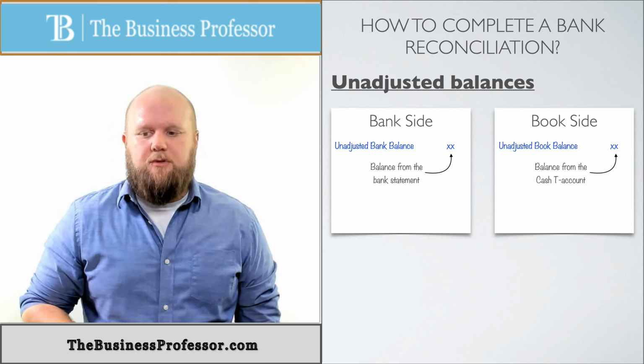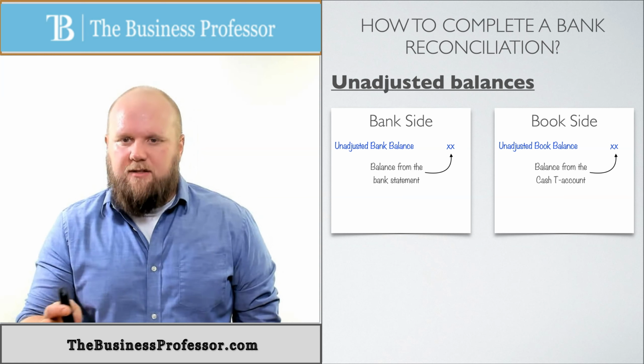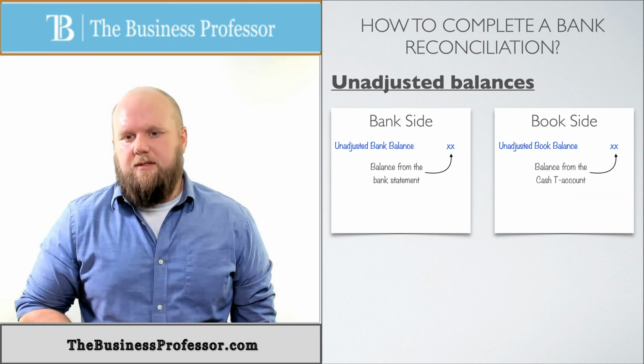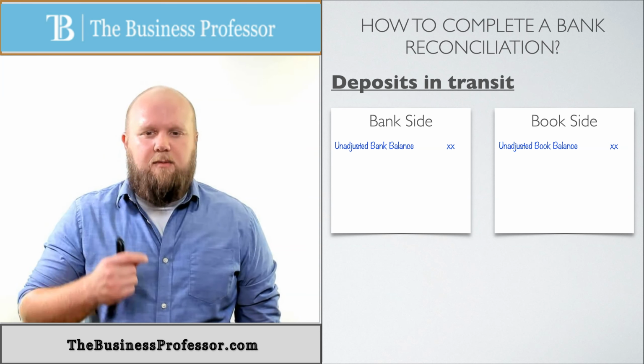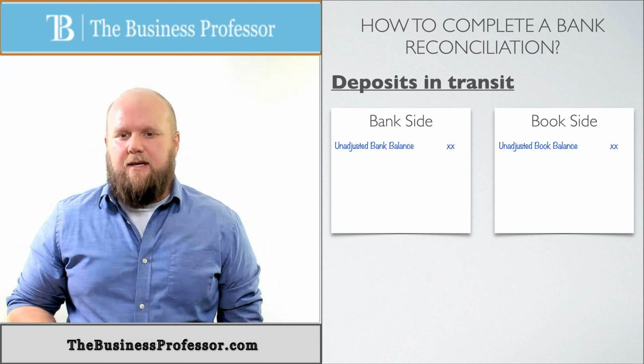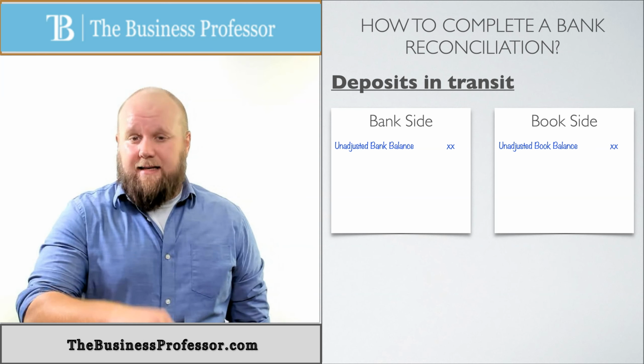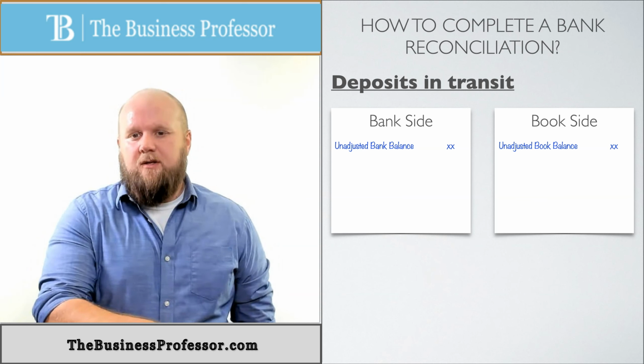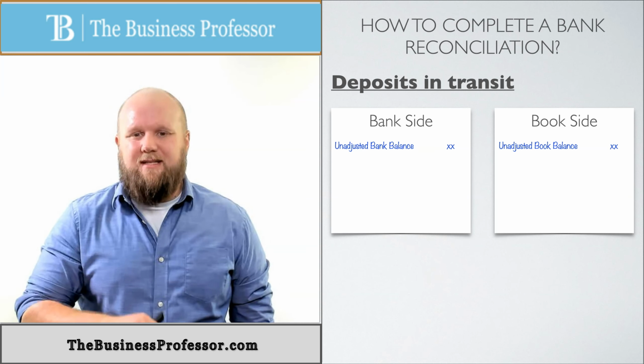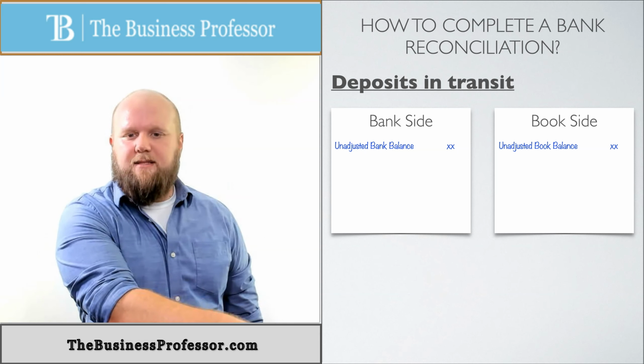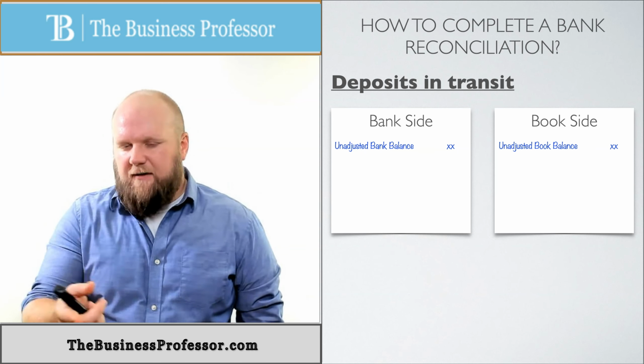So now let's go through some of these commonalities and show you how this bank reconciliation works, and the questions that you need to ask. First, let's talk about deposits in transit. Deposits in transit are the checks that we got and are going to deposit in the bank. Once we got it, we put it in our books. It just hasn't been processed by the bank yet. So we've got to figure out where we're going to put it.